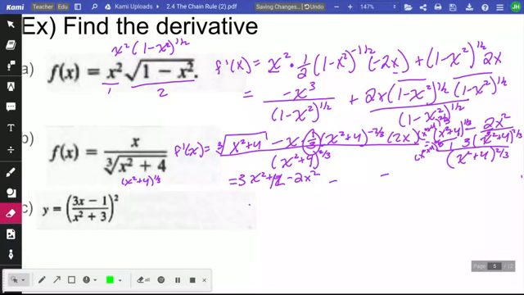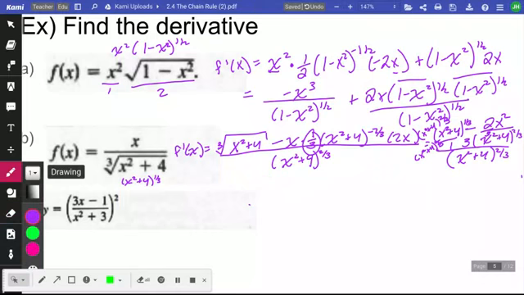Okay, let me erase a little bit so I can get some space. This next problem, it looks like a doozy, so we'll see if it is or not. Okay, so it's a chain rule of a quotient. So instead of, the last one was a quotient that had a chain rule in it, we're chain ruling this entire quotient. So if I'm going to do dy over dx,